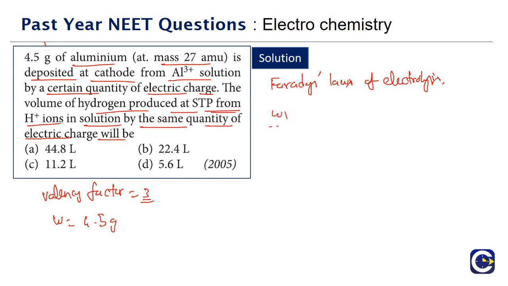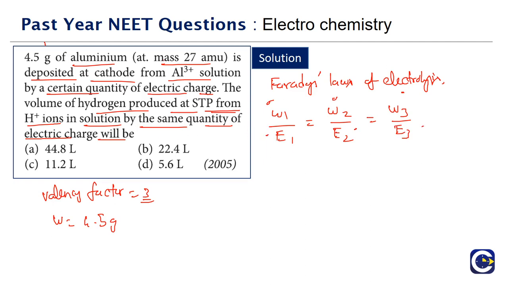Means if you have, say for example, 2 substances, then W1 by W2 will be equal to E1 by E2, that is, W1 by E1 will be equal to W2 by E2. If you have a third substance, W3 by E3. So what are W1, W2, W3? These are the weights of the substances. E1, E2, E3 are the equivalent weights of the substances. Okay. Now here the thing is,